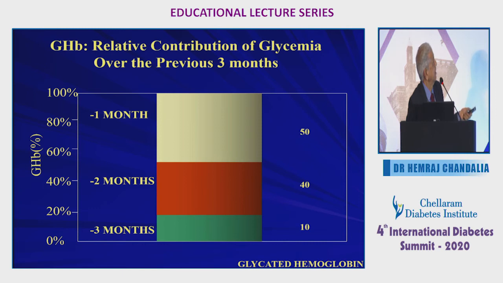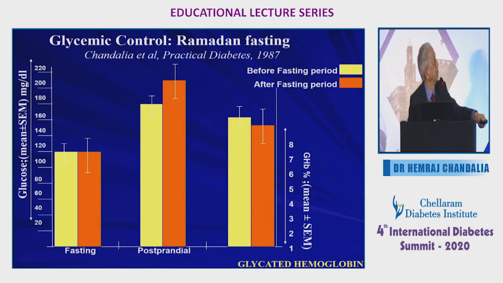So you can see that 2 months is a good period if you want to see, and then based on this particular information, in pregnant diabetics or hyperglycemia in pregnancy, the A1C is seen every month. This is how this recommendation is based, that even at 1 month you should see the change. So this is very important for you clinicians to appreciate, because this is not very well described in any books, that it can be used this way. We use this, for example, in Ramadan fasting, which is a 1 month period. So we use that in Ramadan fasting to see whether control deteriorates.